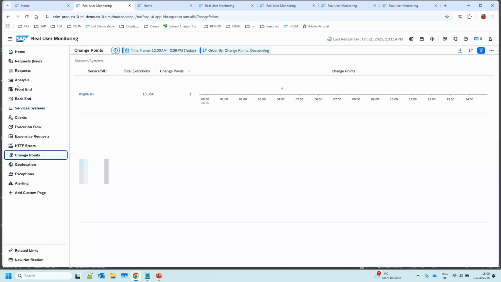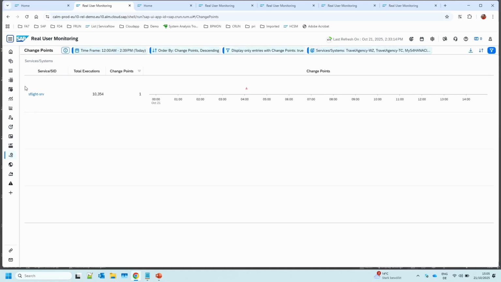Let me open that. We see here a microservice or BTP application with the name S-Flight service. This has been executed more than 10,000 times in this time range, which is from today. And we have detected one change point, around this time.